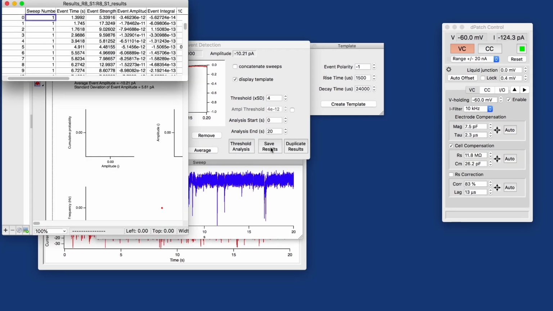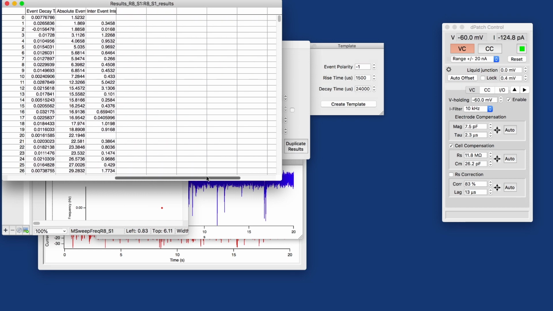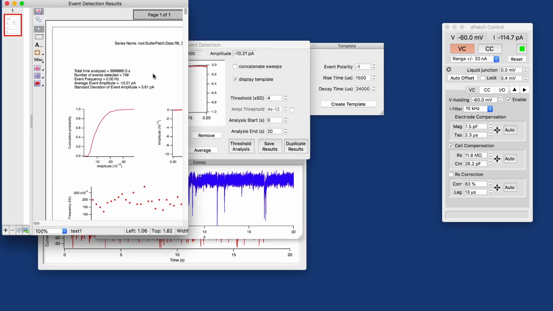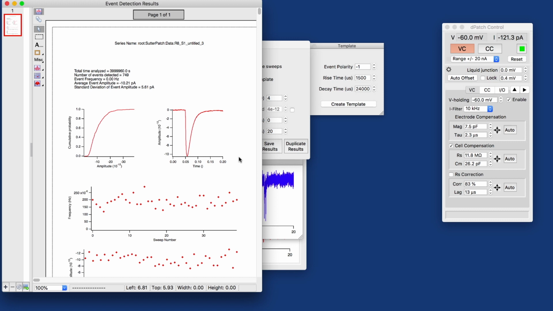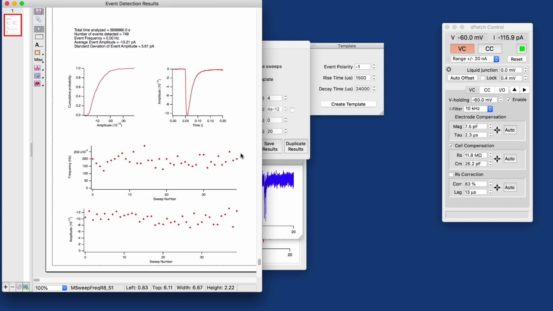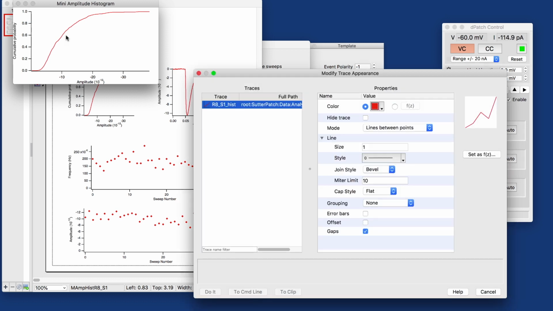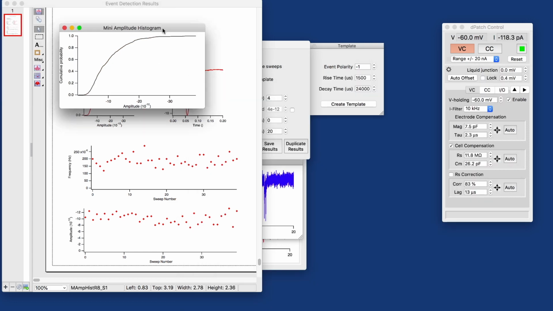We can save the results, and what that does is it creates two things. It creates a table with the numerical results. For each of the 750 events, it has an entry in this table that can be further processed either within Igor or in a third-party application of your choice. And the second thing is it creates a layout that you can use for your workgroup presentation, or you can modify it similar to what I showed earlier and use for the figure in your publication. Same thing here. Show this, make the trace black in this case, and you've got your cumulative mini amplitude histogram.